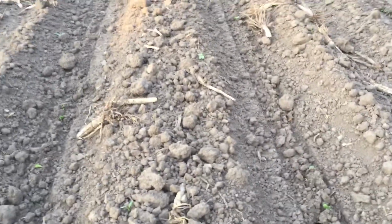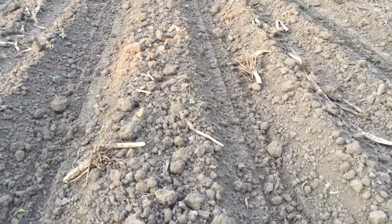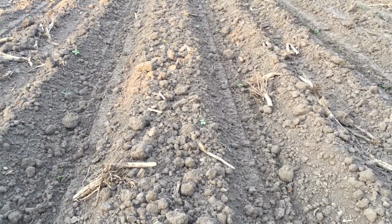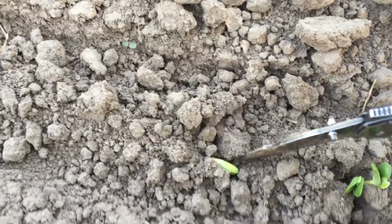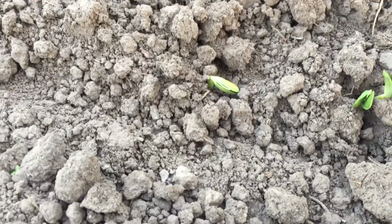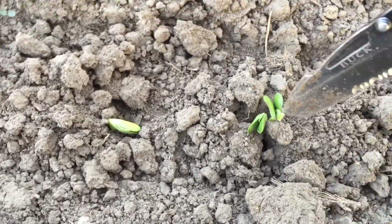Okay guys, it's exactly day 5. We are back in the bean field in the bottom here, and we have beans coming through the soil. Some of them are just emerging, and some of them are already starting to unfurl their first leaves there. And then we have everything from that to what's happening right here, which is a bean that